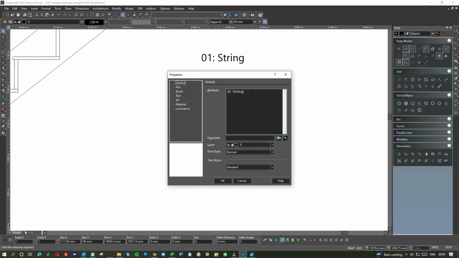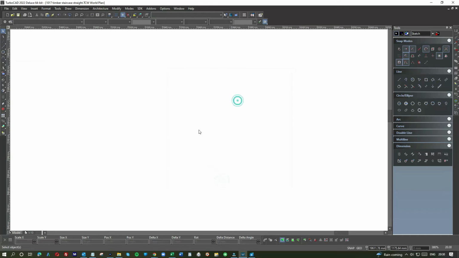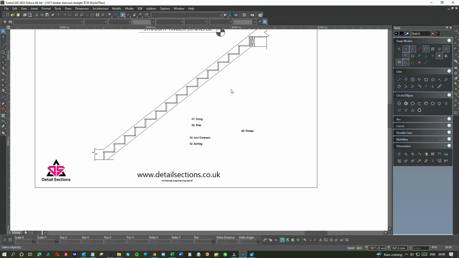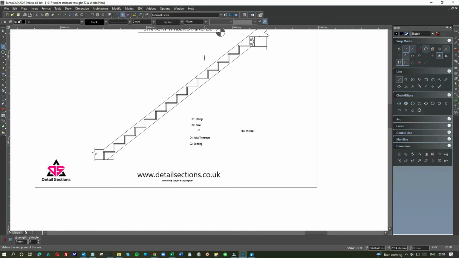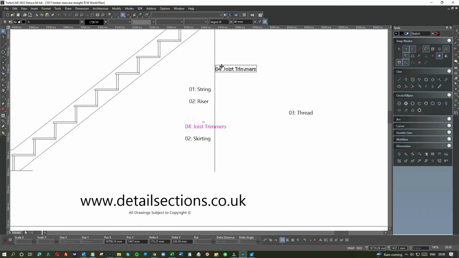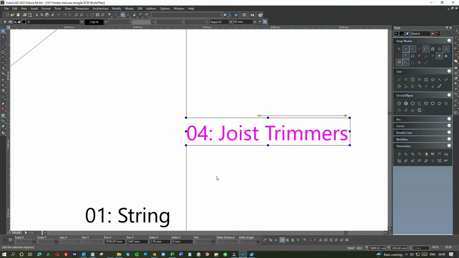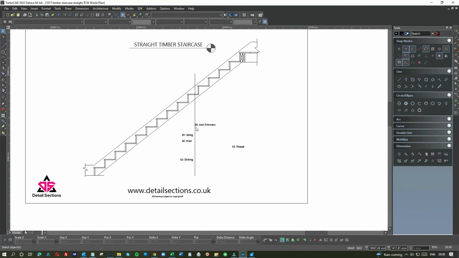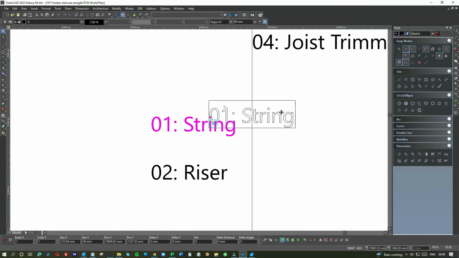You have to pick the best spot to place these elements. Right, so I think I'll just draw a line about here and then start setting them up. The first one I'd set up would be the trimmers. So yeah, I will be renumbering joist trimmers. After that, string,